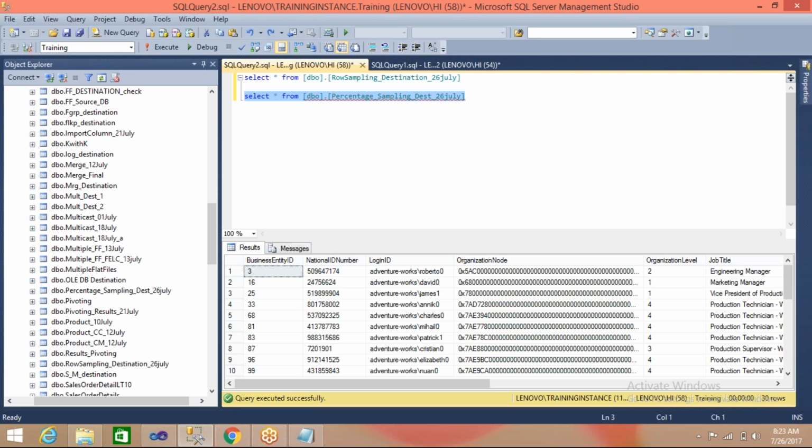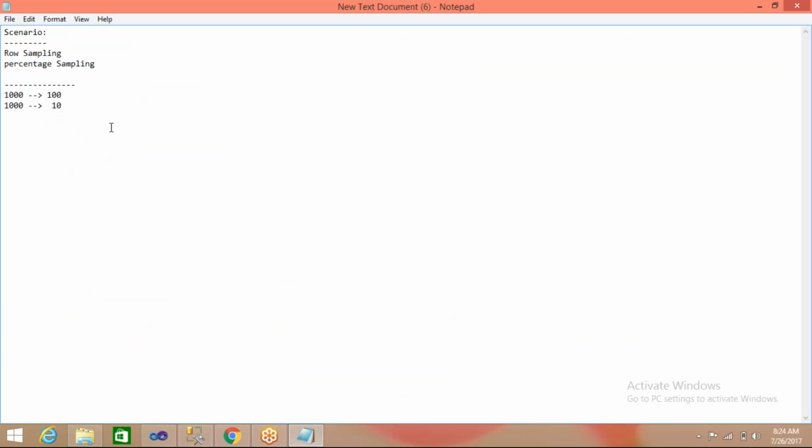So these are the simple transformations, but just have an idea on this transformation, like what is the percentage sampling and what is the row sampling. So apart from that, we have a concept called,